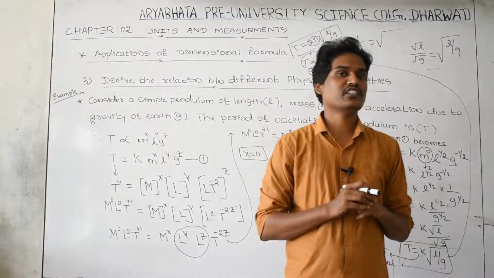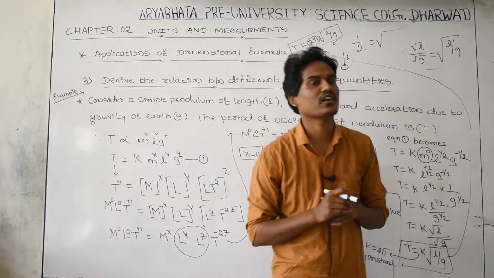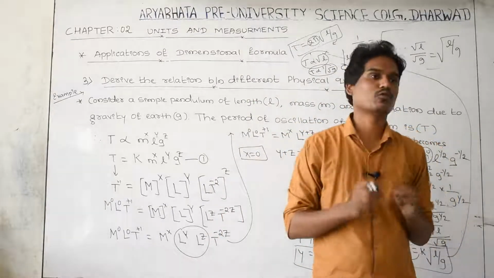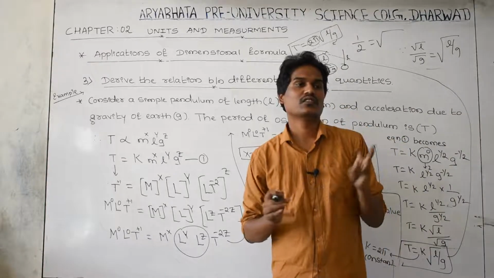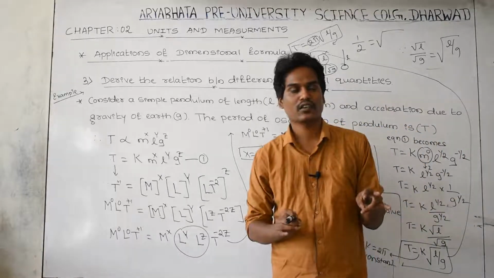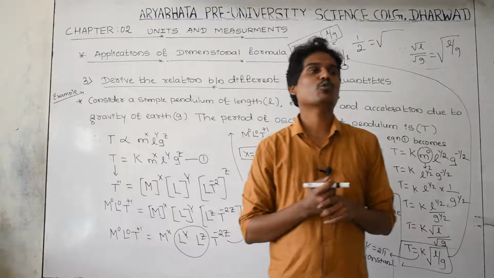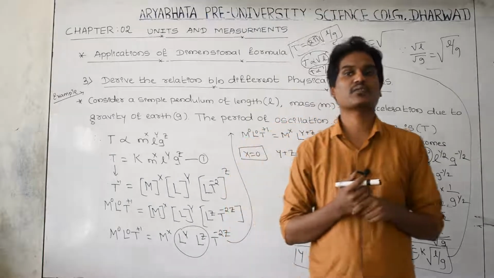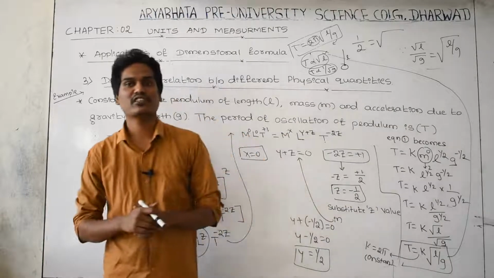The weightage for theory marks is just 2 marks, and this topic is very helpful for CET for your upcoming exam. Please go through the videos. What is important to study in this topic is significant digits and how to round off the significant digits. And the use of dimensional analysis: how to convert one system of units into another, how to check the correctness of a given equation, and how to derive the relation between different physical quantities.